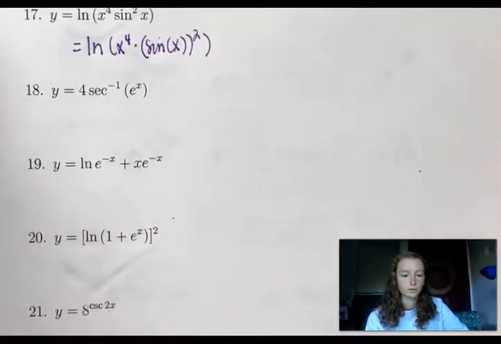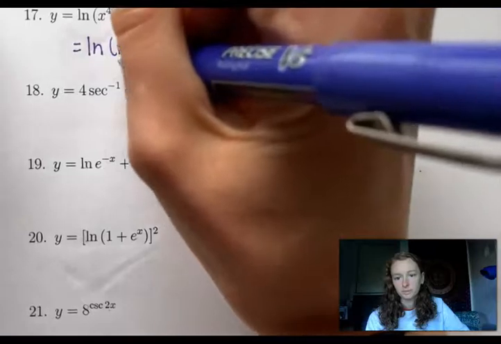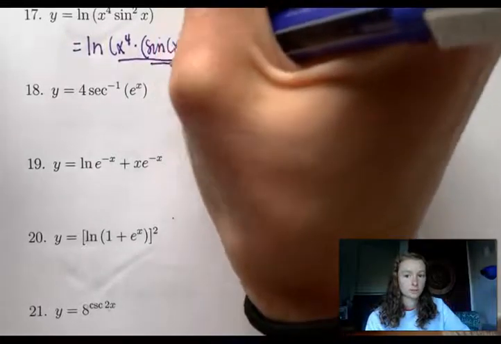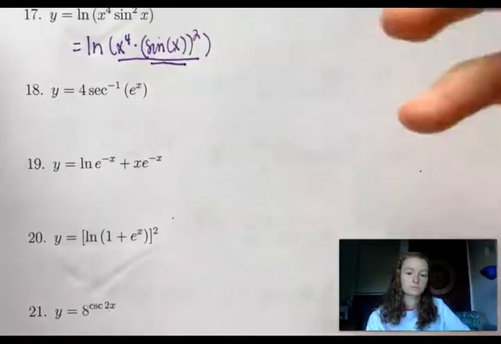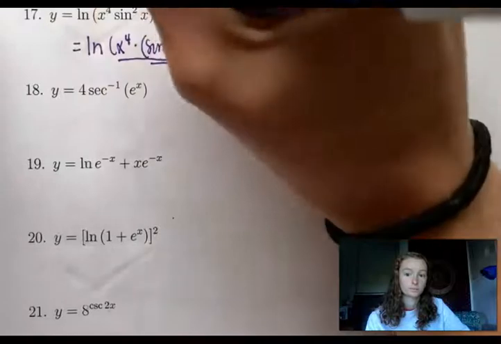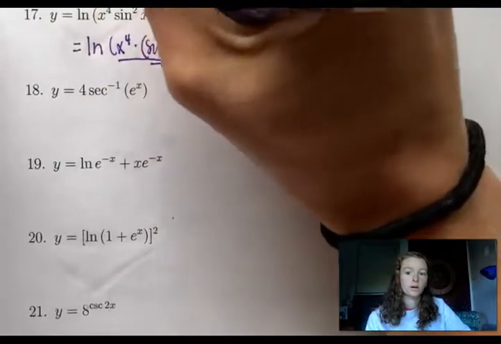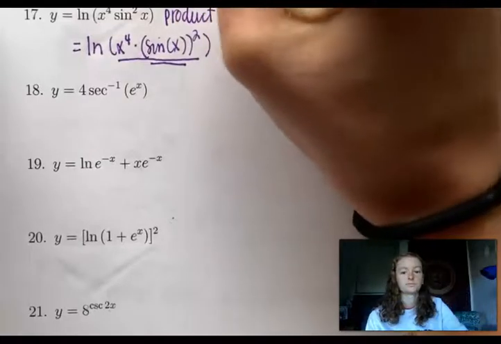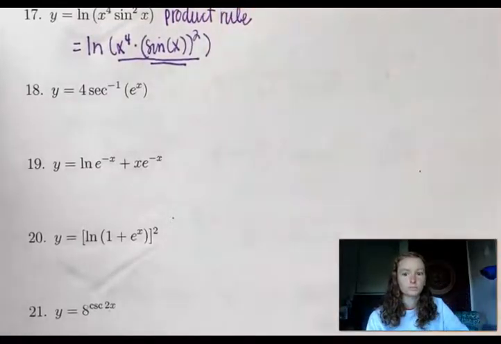So now we take the derivative. So that's our inside function, and then our other inside function is sine x, and it's all squared. So let's do the product rule. This one's kind of long,